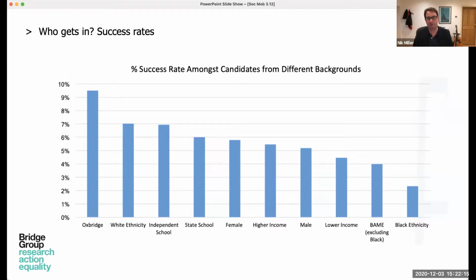Compared to, for example, someone who has identified as having Black heritage, you're just over 2% likely to be successful. And in this data set, and these are not value judgments, it's in the data, we find interesting relationships. For example, that population of applicants who identify as being from Black heritage are much more likely to come from lower income backgrounds. They're much, much less likely to have attended Oxbridge. And so here in the data, as Phil was describing, we can start to understand what the variables are that have the most significant effect.